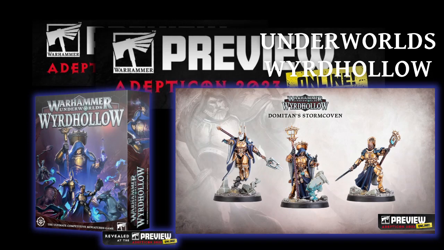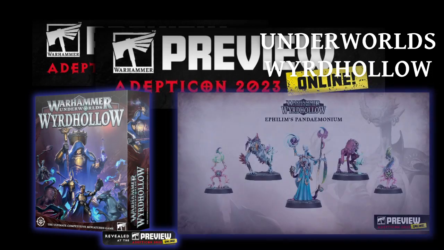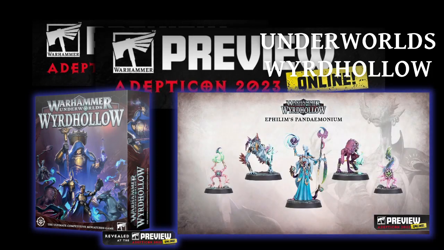And speaking of magical energy, their opponents are Ephelim's Pandemonium, a cabal of demons summoned by the mysterious Ephelim. This sorcerer, once apprenticed to a Gaunt summoner, is obsessed with cataloguing demonic creatures. They seek to turn the Wyrdhollow into a nexus of creation magics, a cauldron that will spawn new demon breeds of infinite variety. And they've got all sorts of demons that follow them along, and all kinds of weird and